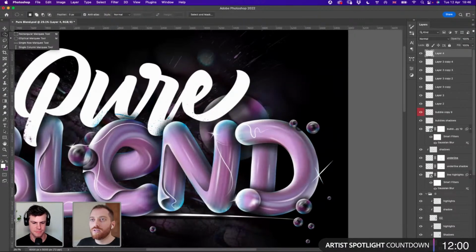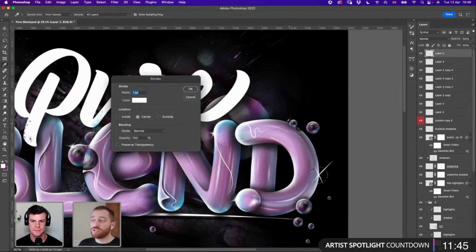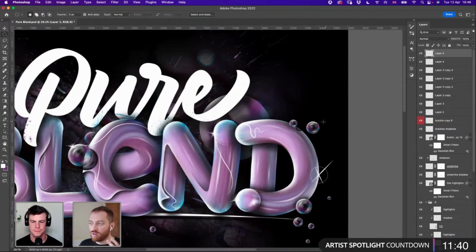And now what I'm going to do, I also like to have this kind of flair, so I'm taking the selection tool in a circle shape, and I will put that like this, and I will right click and make a stroke, like a very thin stroke, maybe 2 pixels will be enough. It depends on how large is the file, but maybe a bigger selection. No, maybe a small and a big.